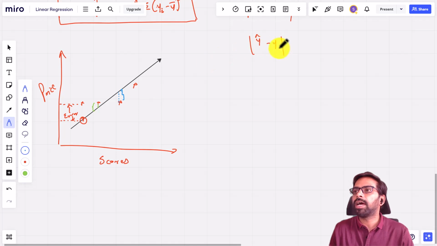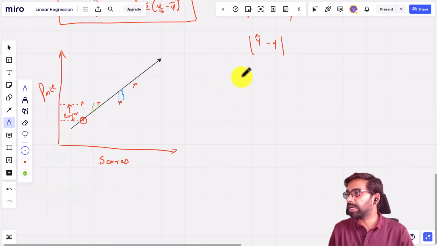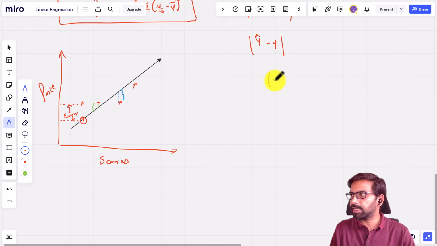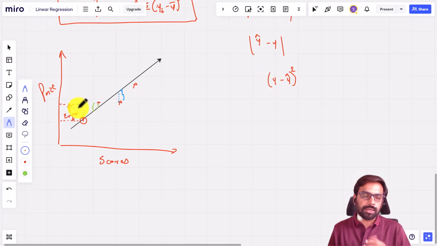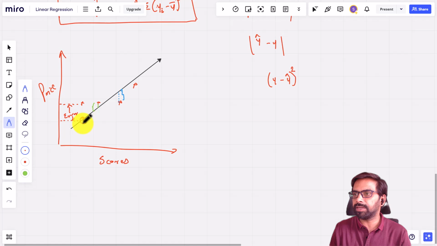So what I intend to do is take a modulus over here, but it basically does something else. The linear regression model, I'll come back to the original color of writing, takes the square of this, that is y minus y hat, the actual value minus the predicted value. It takes the square of it, and the squaring gives you two advantages. One, it gets rid of the sign first of all, so I don't now worry about